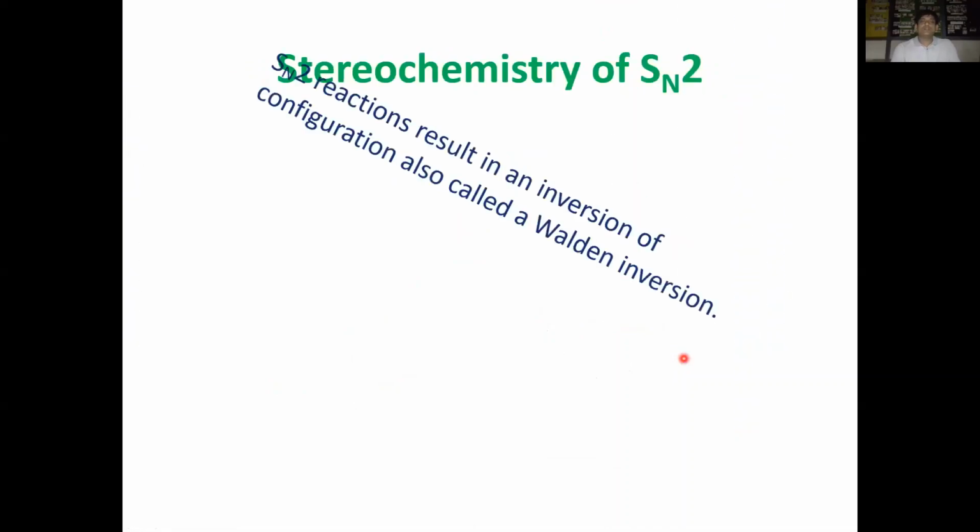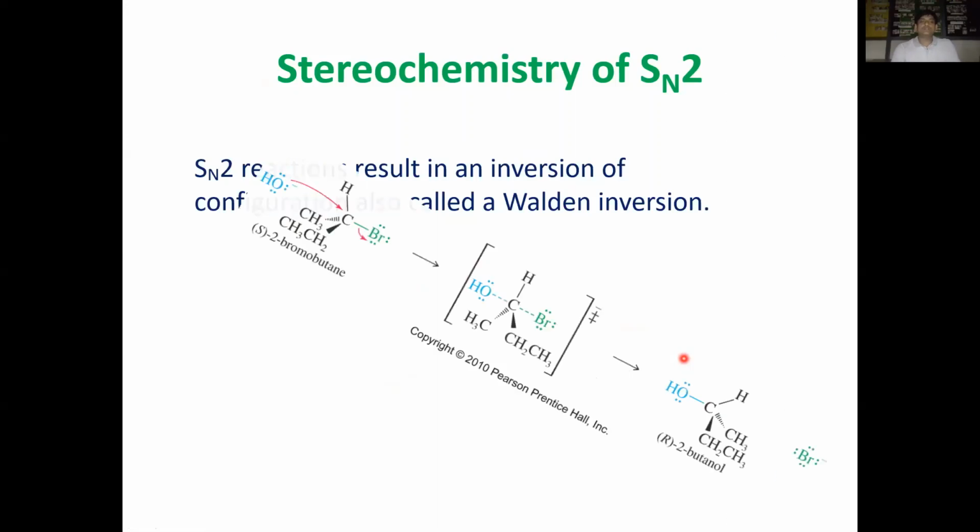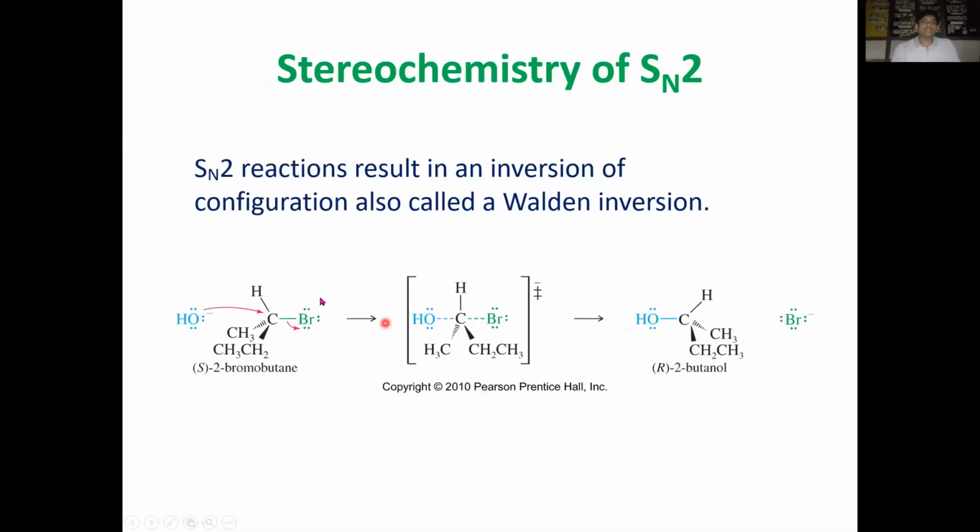And what is the stereochemistry of the SN2 reaction? Already we have discussed, there is a Walden inversion or umbrella inversion. This is the stereochemistry of the SN2 reaction. Here, the nucleophile attacks the reaction center from the back side of the leaving group, not the front side. What is the reason? Here, Br minus has a negative charge, OH minus is also negative. So there is a repulsion between Br minus and OH minus. That's why there is no front side attack. There is a back side attack of the nucleophile to the leaving group.